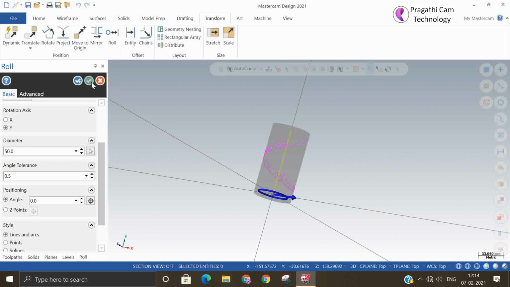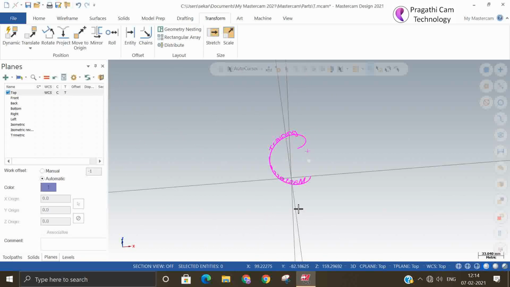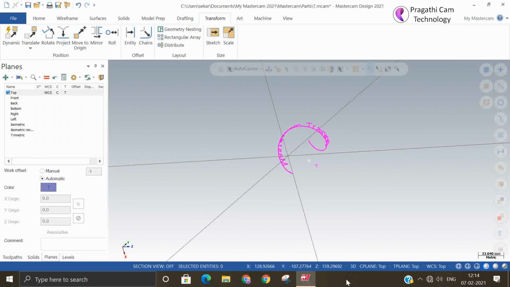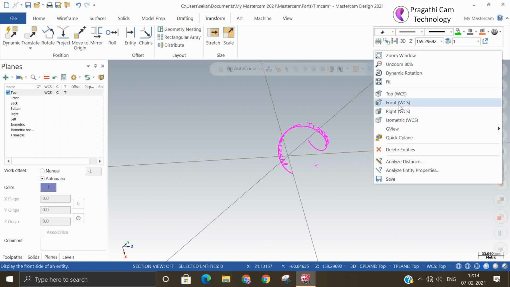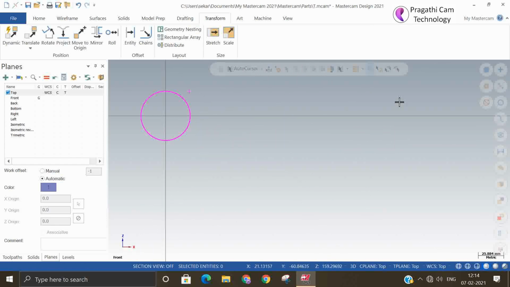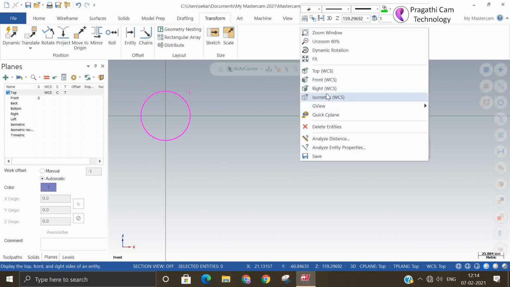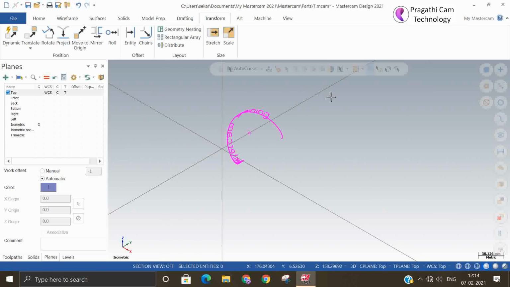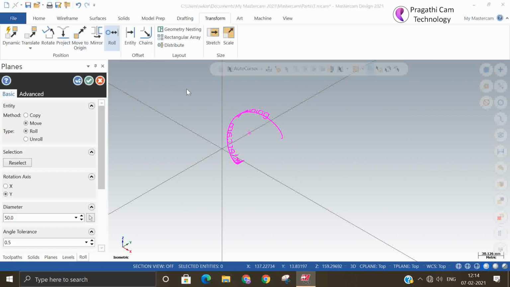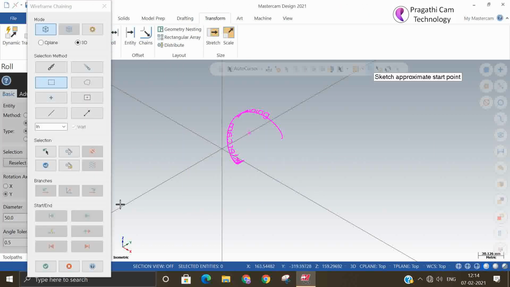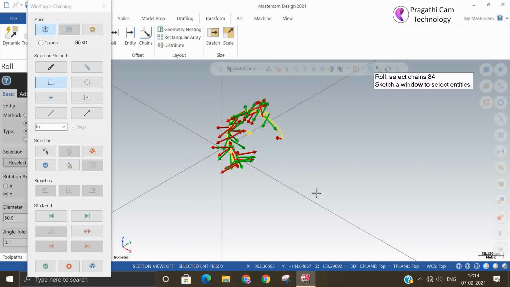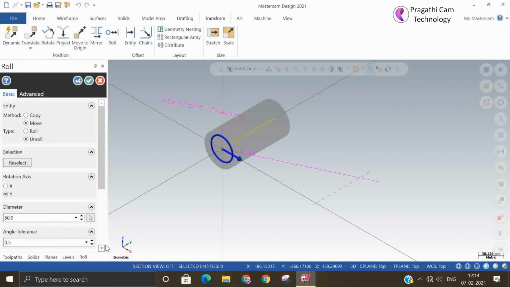Okay, this is the roll and unroll option. So you see in the front view whatever diameter you have given, based on that it will roll. Yeah, you can unroll also like this. If you receive something you want to unroll, you can unroll it. You can see it is unrolled.